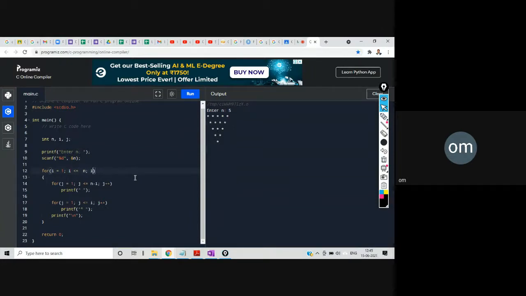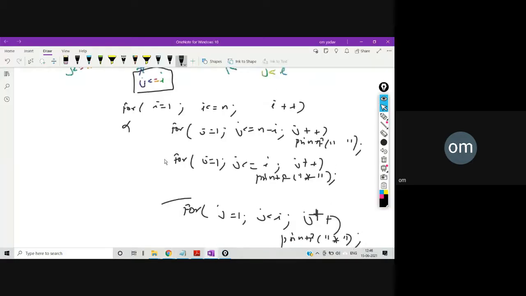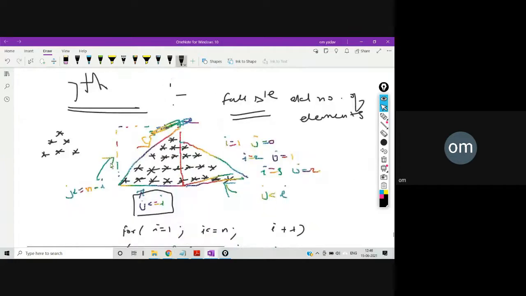i plus plus. Okay. So this is the loop for space. If you try to print this, just see here. I'll remove this space from here. Let's see this. This is the third type. Okay, this is our third type. So we got this particular pattern. I mean, till here we got this entire box. Now the smaller triangle. So the smaller triangle will print like this.